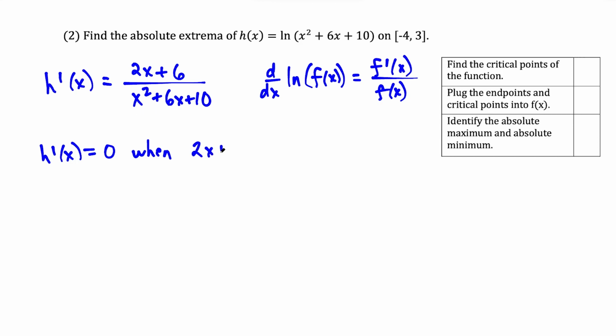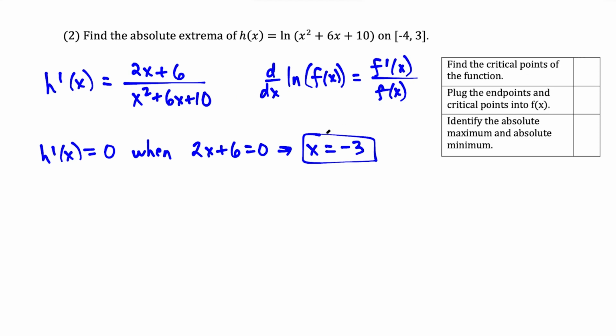So we're setting 2x plus 6 equal to 0, and if we do the algebra here, we're going to get 2x equals negative 6, and then x equals negative 3. So this is our solution to this simple equation here. And now one thing to be mindful of is how do you know that the denominator is not 0 at